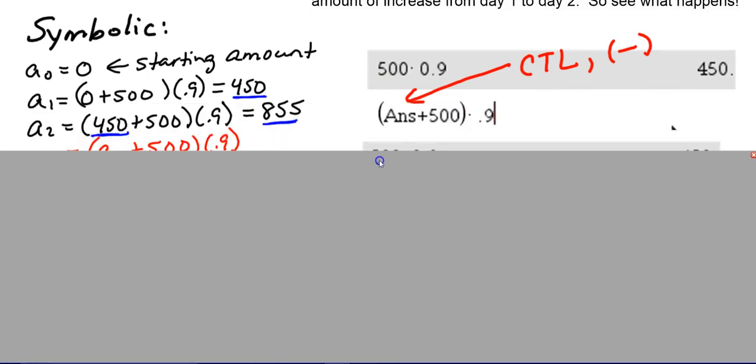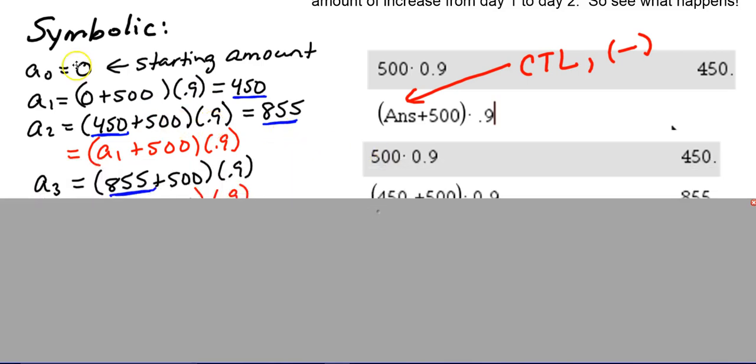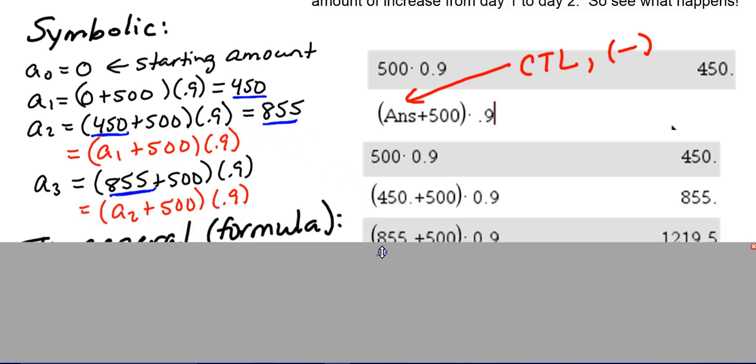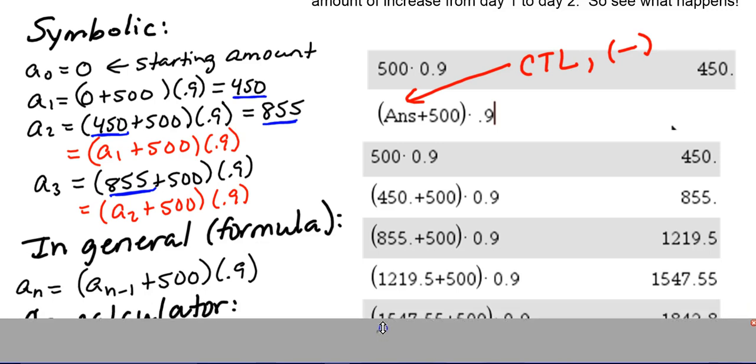Okay, so our starting amount is 0. Then we took previous amount plus 500 times 0.9. Then we get 450. 450 plus 500 times 0.9. So in other words, we took a sub 0 plus 500 times 0.9 to get a sub 1. A sub 1 plus 500 times 0.9 to get a sub 2. Then we're going to take a sub 2 plus 500 times 0.9 to get a sub 3. So in general, to get a sub n, we're taking a sub n minus 1